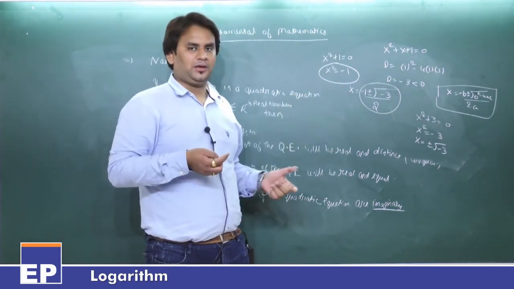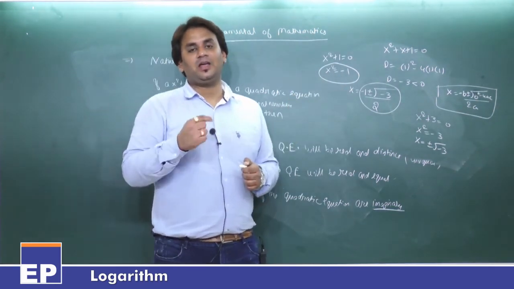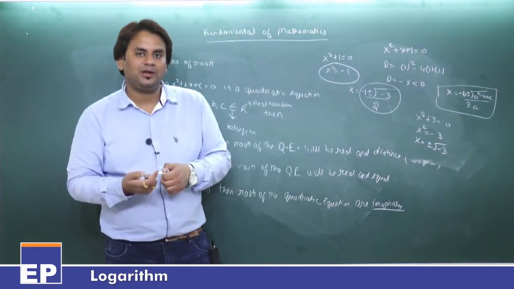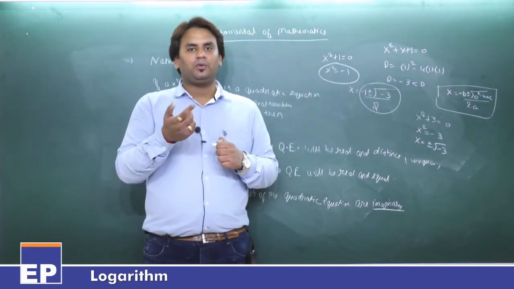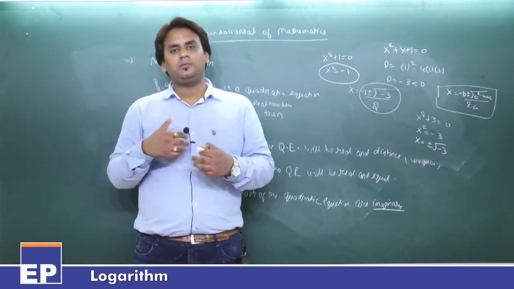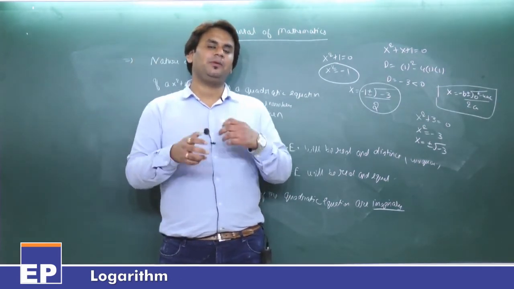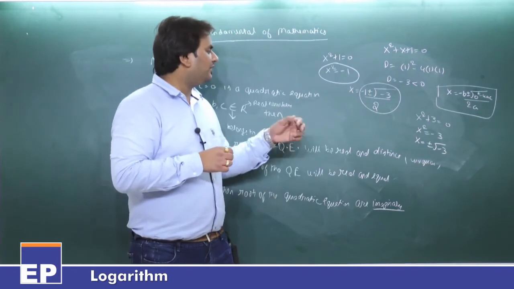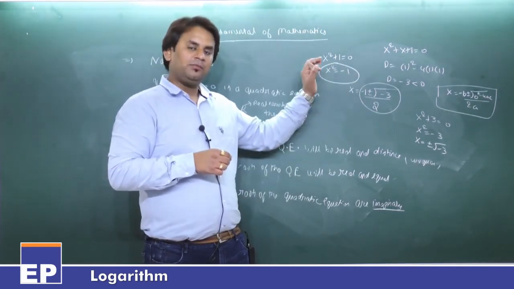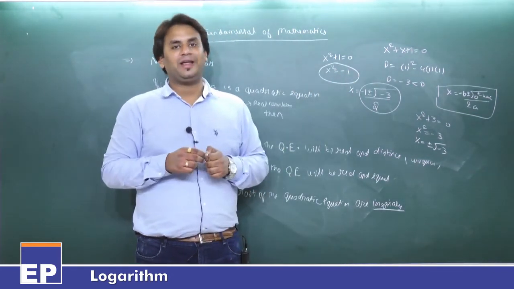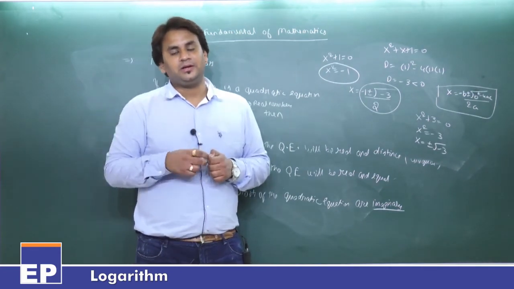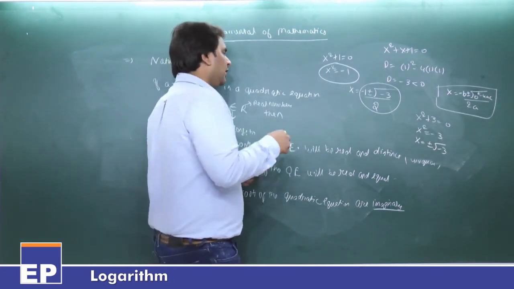Minus 3 square is 9. That means in the case of real numbers, if you square something, minus 2 square, minus 3 square, minus 4 square, the quantity comes out to be positive. But in this case, x square is equal to minus 1 means the square of some quantity is coming out to be negative. That is not the case of real numbers. That is the case of imaginary numbers.